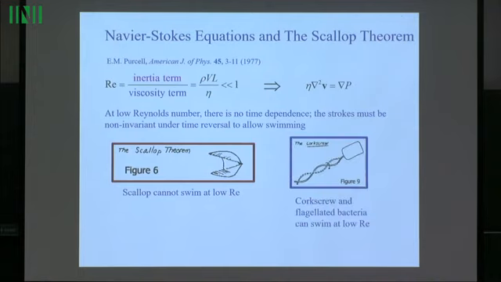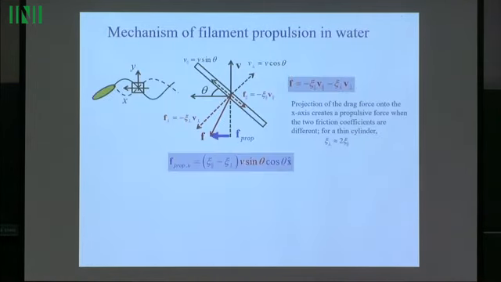And among the not so many mechanisms by which microorganisms can propel is this motion with a helicoidal bundle, with a flagellum that is attached to the head of the body. So here is how it works. The helicoidal shape makes the local unit lengths along the flagellum always tilted with respect to the direction of propagation. So if the bacterium propagates horizontally, then at each point of this flagellum I have an element that is tilted